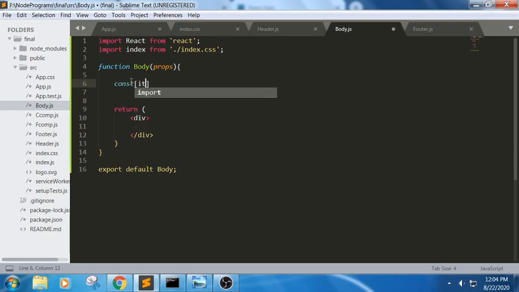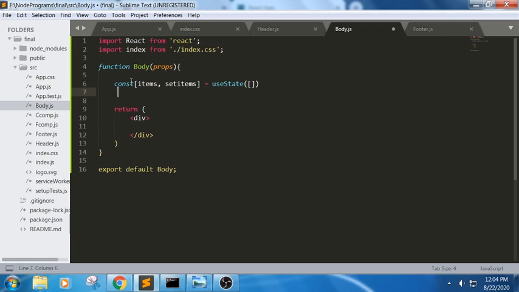Constant items, set items. The hook name is items and the function name is set items, and we are trying to use a useState here. In this useState, by default we have an array. The name is items, and we don't have any elements in it.